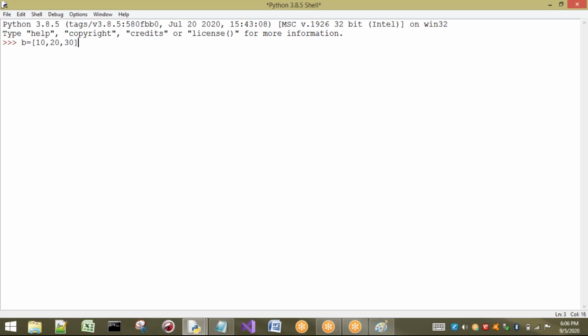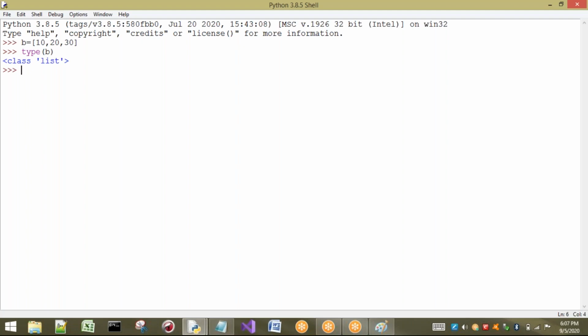This is not a bytes data type, it is a list. Let me print the type of b. It is a list. Generally to store some data I can use a list, tuple or set. For example's sake I'm using b equal to 10, 20, 30. These values are within the range of bytes, that means between 0 to 256.